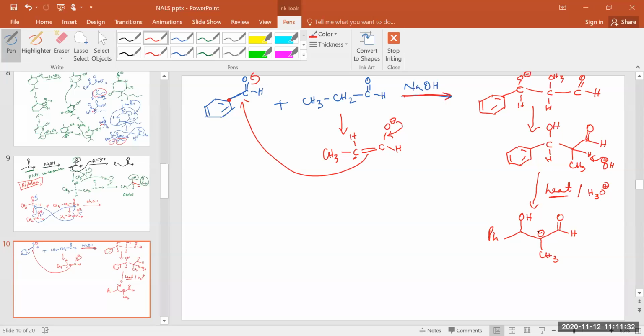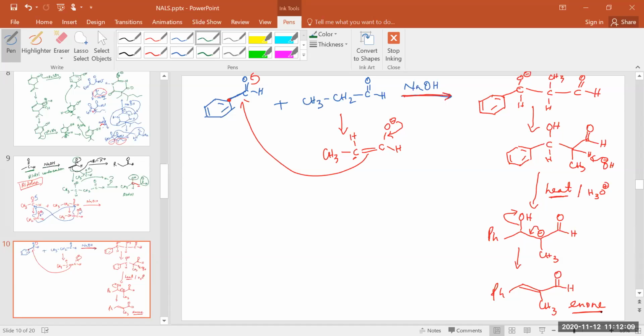I see. So this is the base. So next step, what will happen? It will come here and OH will leave. So this is the dehydration reaction, elimination of water molecule from the compound. So it will form enol. Okay, so this is the next step, an aldol product, and you heat it or under acidic condition, it